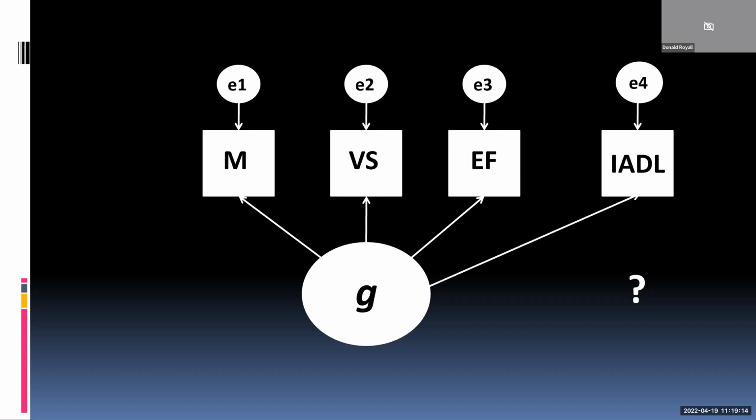So you might revise it now and try this instead. So now you're using the shared variance across a battery of tests to predict IDL. But this model will fit better than the previous one. But what you're saying here is that observed cognitive performance across different domains has no direct path to IDL. The only association between those observed measures and IDL is through G.